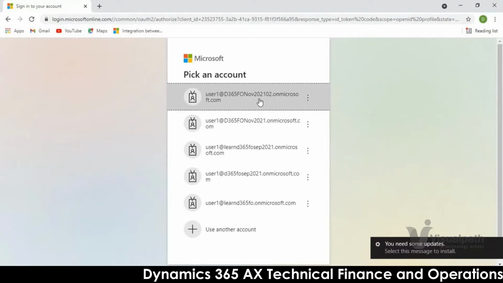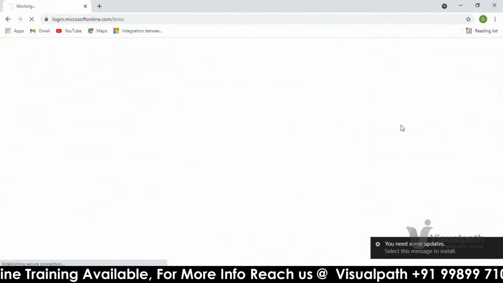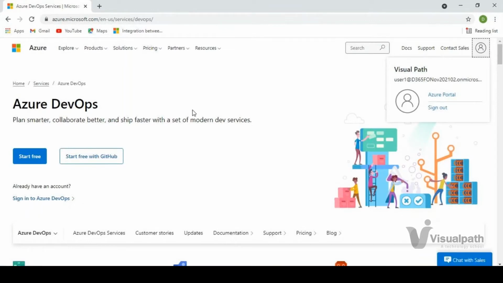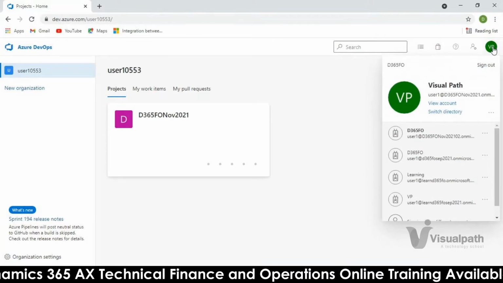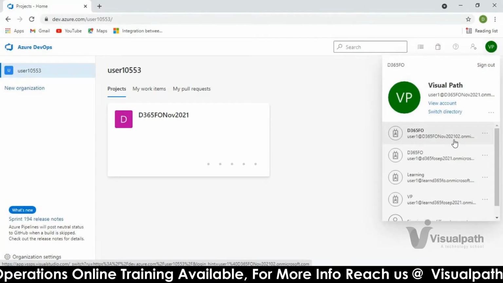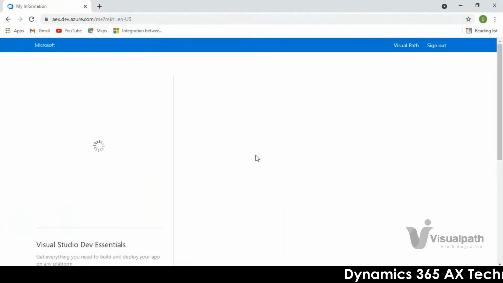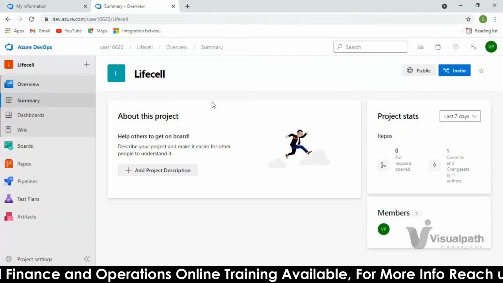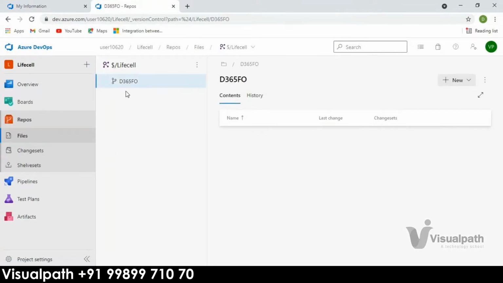This is the one. Click on repositories. This is our repository. Yesterday we created this branch.